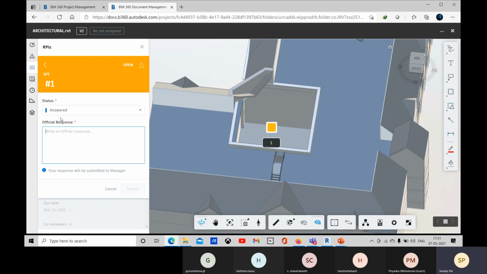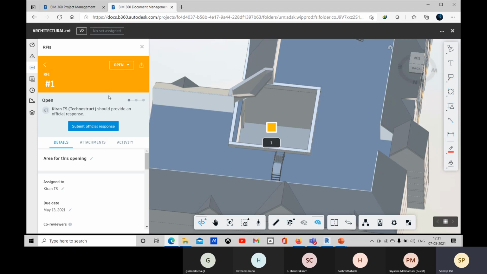And it will be marked as answered, and here he will type all the official response. Because I'm the project admin, I can do all the changes. So if he wants, he can reject it as well. Okay, so go for it. Answered. And if I as a manager want to reject it, I can reject it. Here you can see your response will be submitted to the manager.